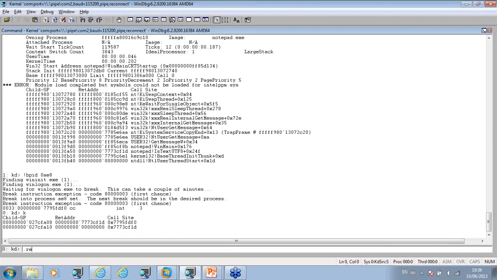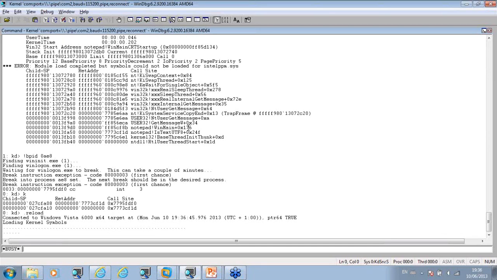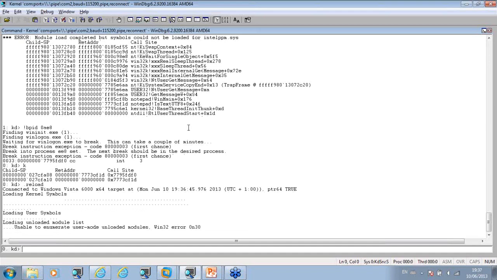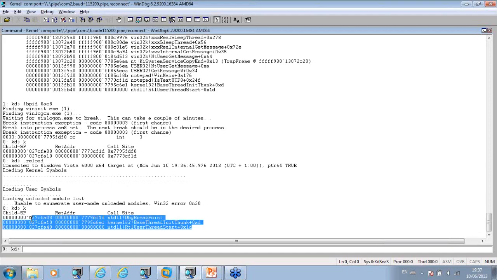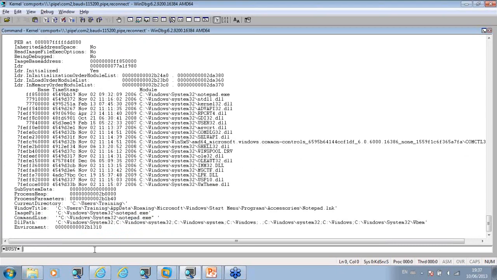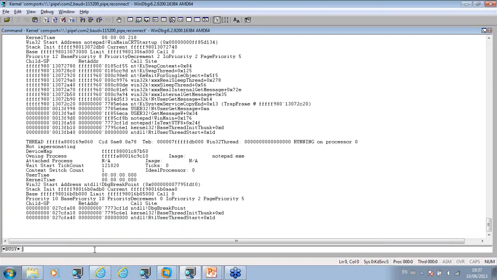So we need actually to do reload because process context changed. We see debugger breakpoint thread injected, and let's see how many threads we have in Notepad again. Now we see we have 2 threads